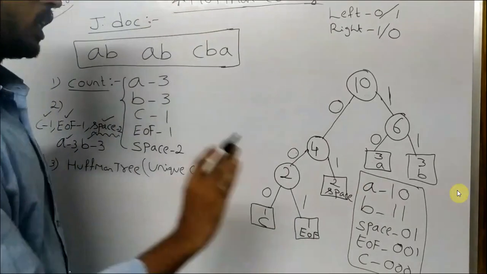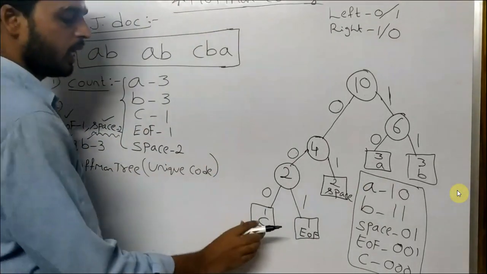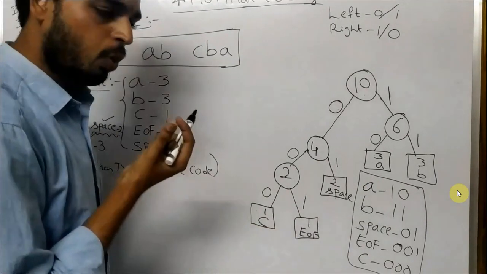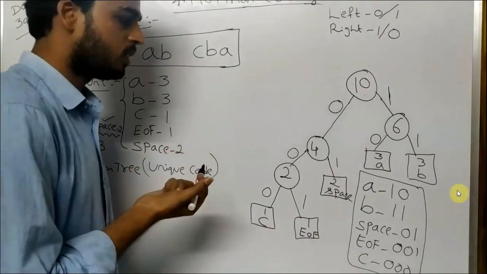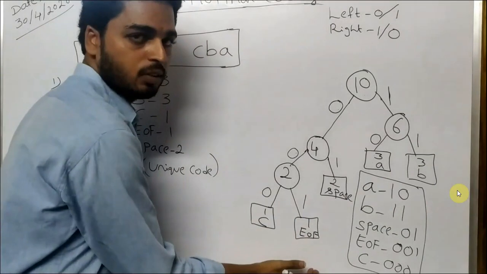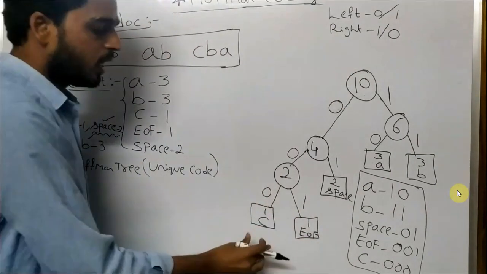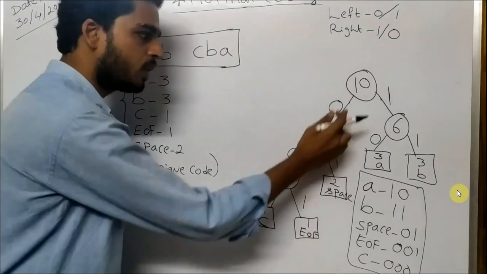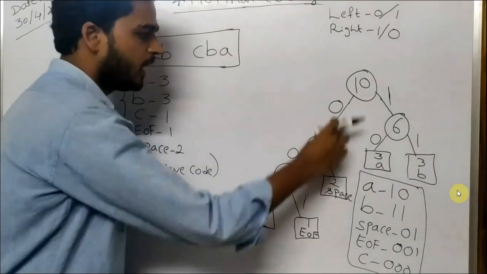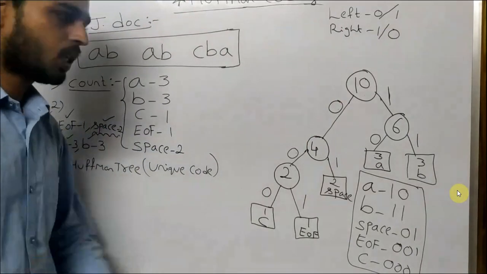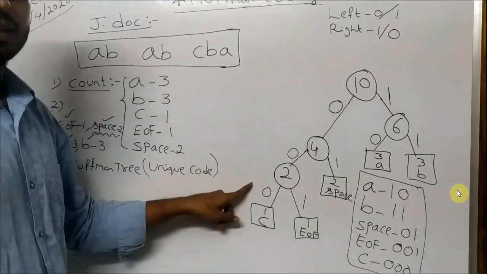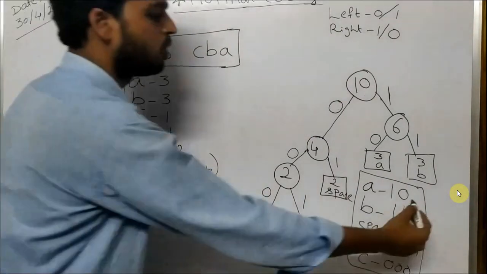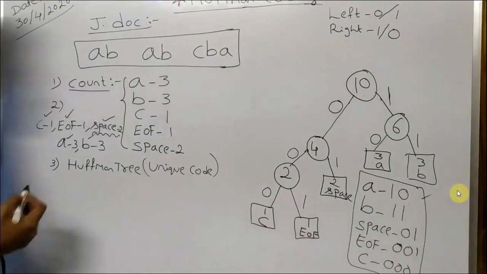Okay. Now I think you understood why you are going to take the smallest nodes first. Because if you take the smallest weighted nodes first, those will be at the bottom of the tree. If you want to reach from the root node to the bottom level nodes, it has very high length bits. So that is the reason we are always going to take those first, right? So this is the unique code for the given characters. That is the third step.